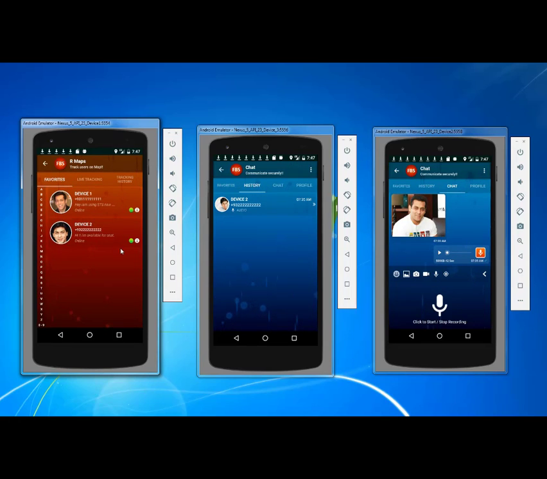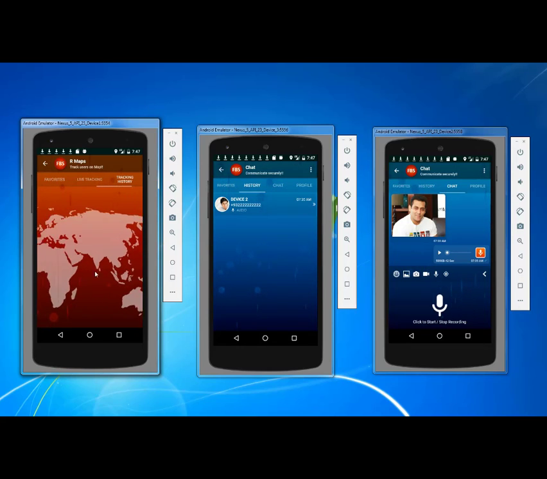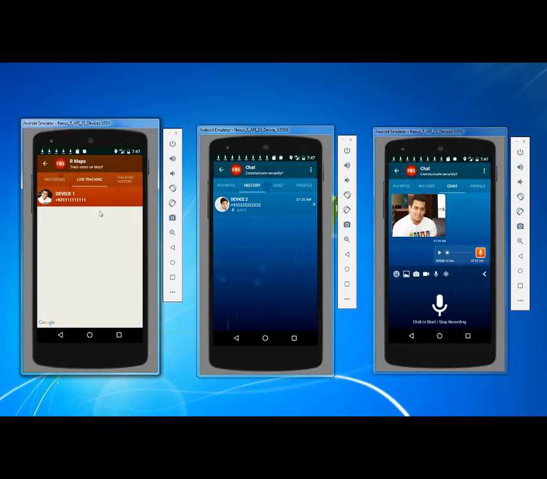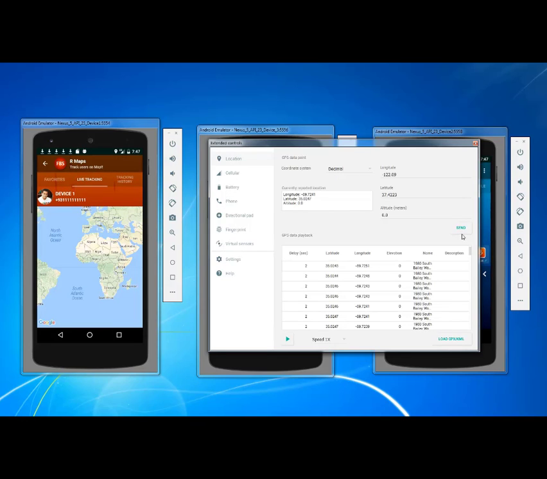And since this is an emulator, we cannot send real-time GPS locations to the administrator, but I'll just simulate it and show you. Before selecting any user, if they drag it on the left, they don't see anything, just an empty map. When the administrator selects device 1, he can see a Google map, and let's just send some dummy locations to the administrator. If he goes to the locations here and sends this location,